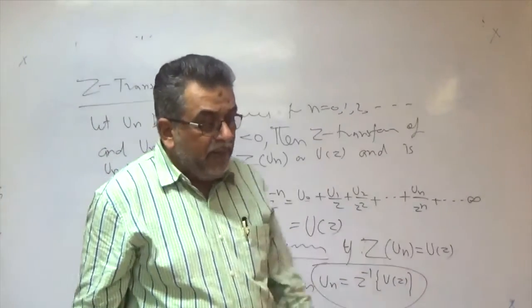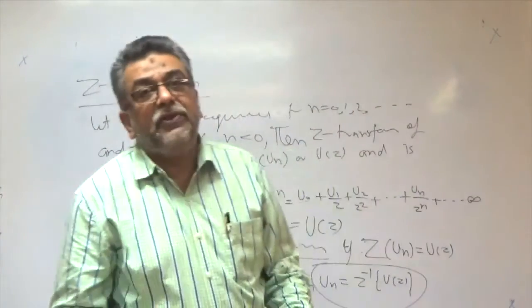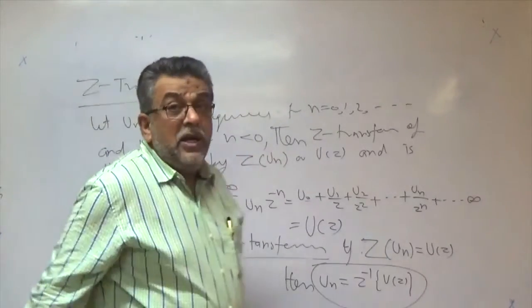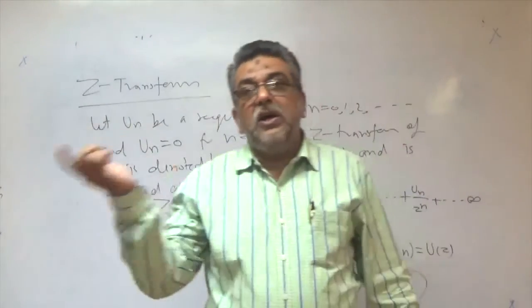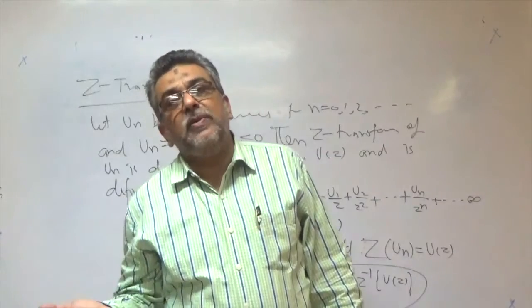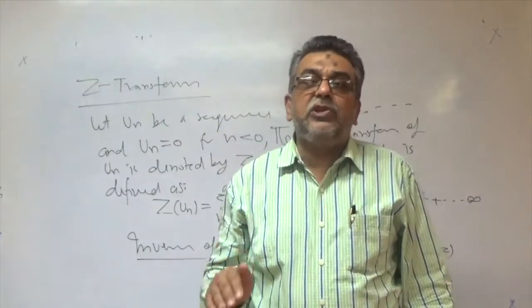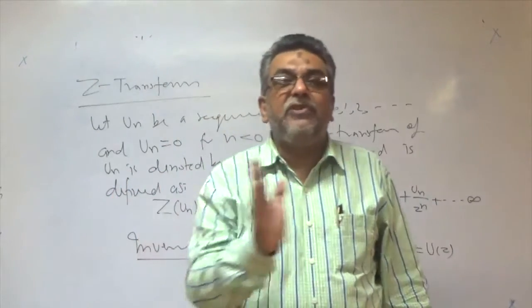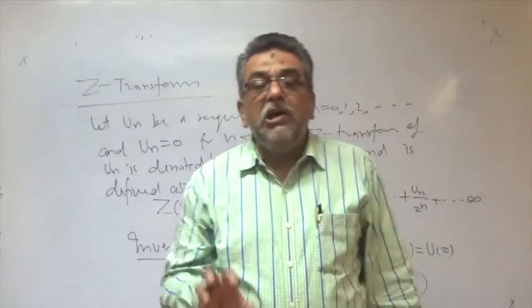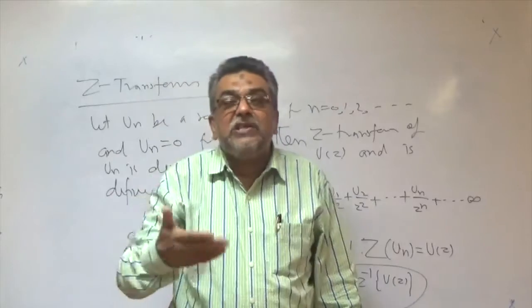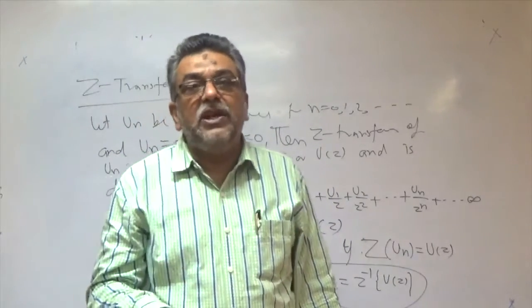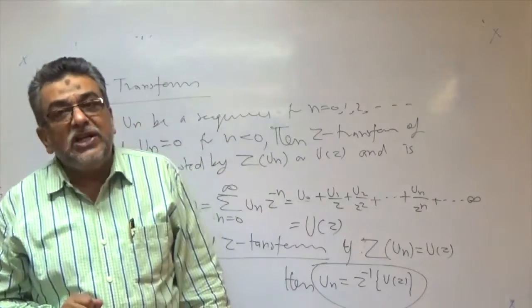This is the basic definition of the z transform. Here you see that, and compare it with the Fourier transform. The Fourier transform is also a transform in which you transform the function with the help of a definite integral. Here we transform sequences, numbers, by using the concept of an infinite series, and so it is called the z transform.